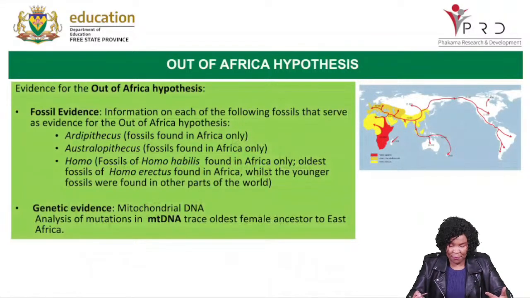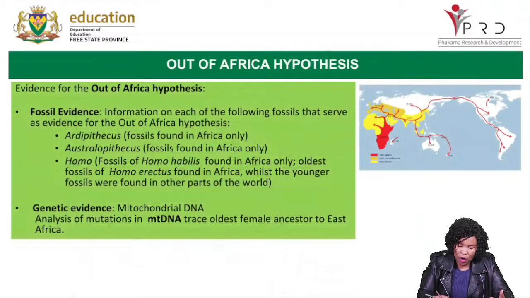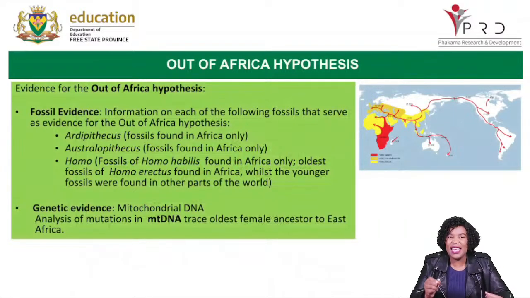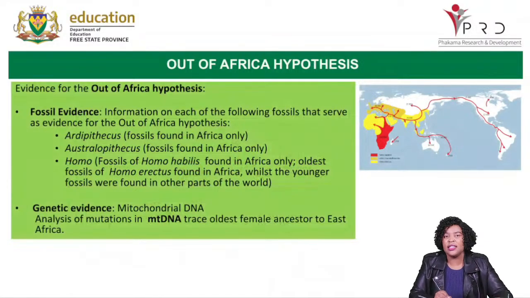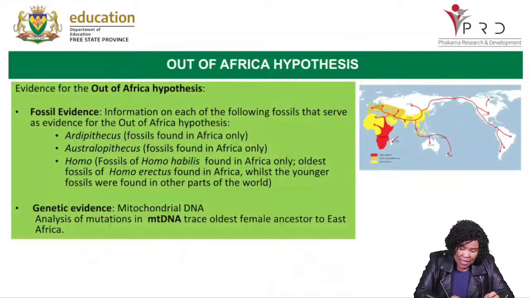And then the out of Africa hypothesis. What does it say? Remember, it says that hominid species originated from Africa. So you must be able to see that. What evidence did they use to support this out of Africa hypothesis? This one you must be able to state as it is, because the evidence speaks for itself. Fossil evidence: information on each of the following fossils that serve as evidence for the out of Africa hypothesis is that